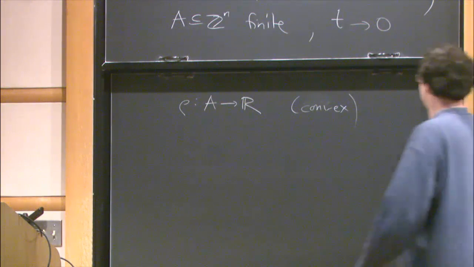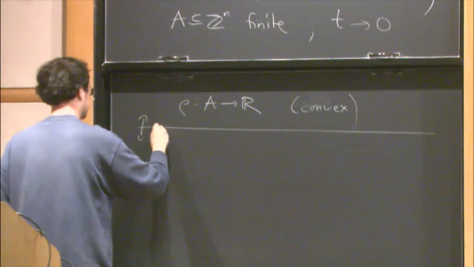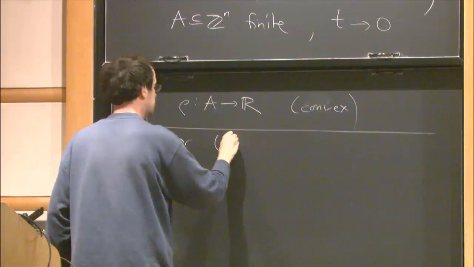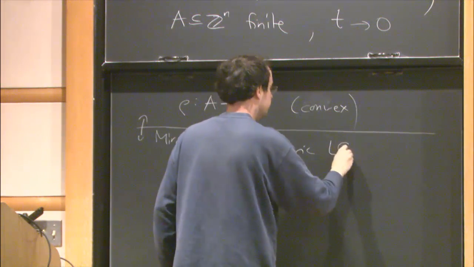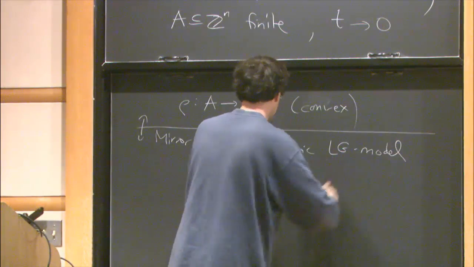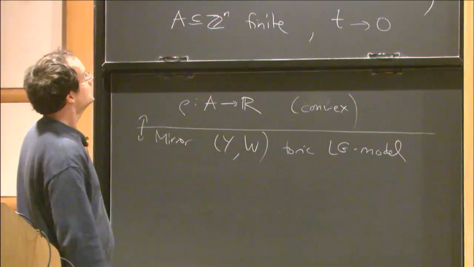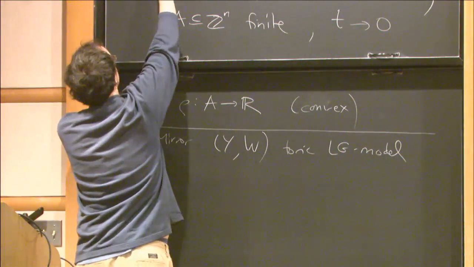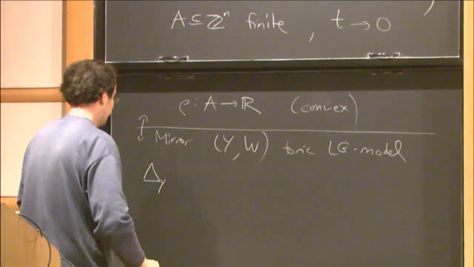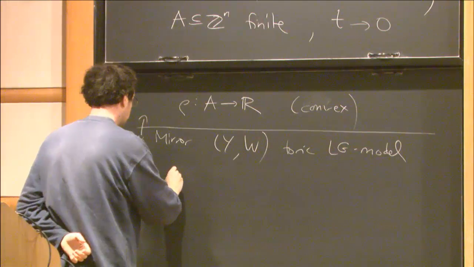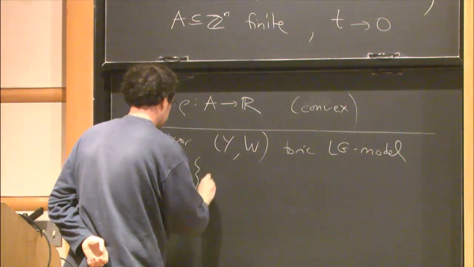So the mirror is, well, one mirror is a toric Landau-Ginzburg model. So Y is going to be, the total space is going to be a toric variety of dimension n plus 1. Maybe I should point out H is of dimension n minus 1. And the simplest way to define it is, let's define it by a moment polytope,